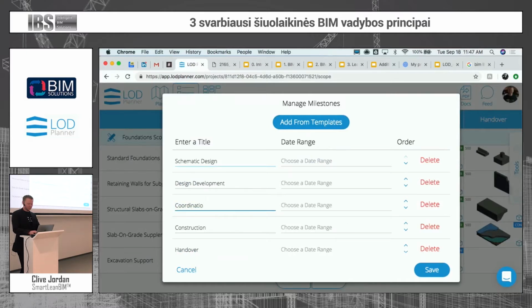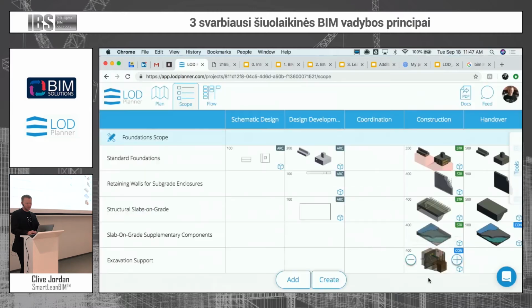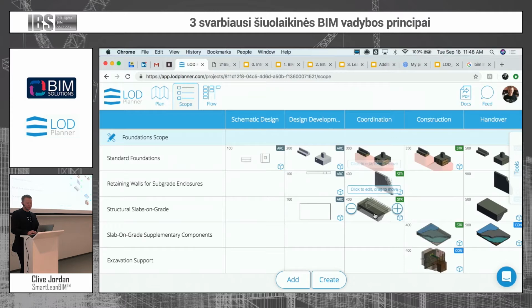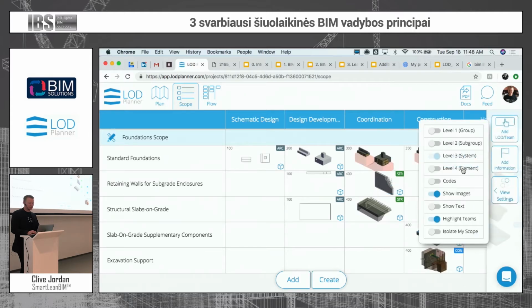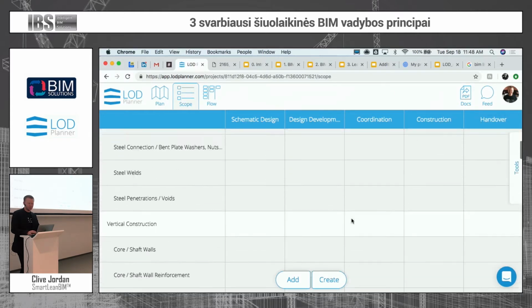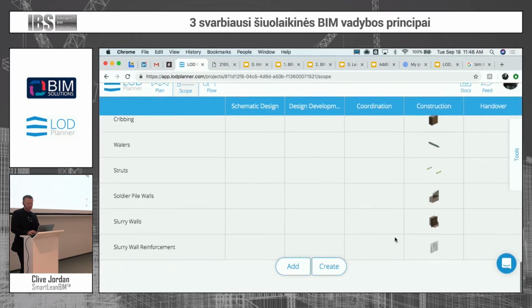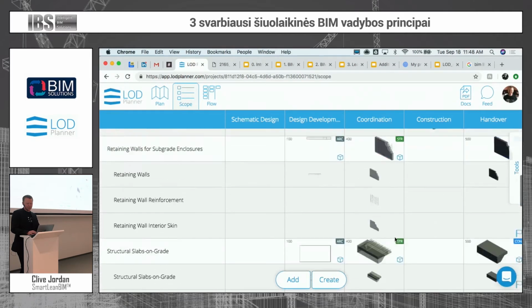And for that coordination milestone, we would need, that makes it easier. So we have a coordination milestone. I can say, okay, I would like to add this requirement, or I need this requirement here, and drag these around. This is the set of requirements for that BIM use. And we have defined them in detail. So if we turn on the detail level of element 4, let's just turn off the ones that are not used. So you can see how we are able to,